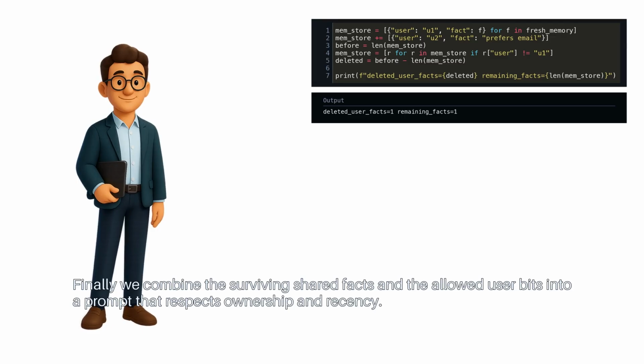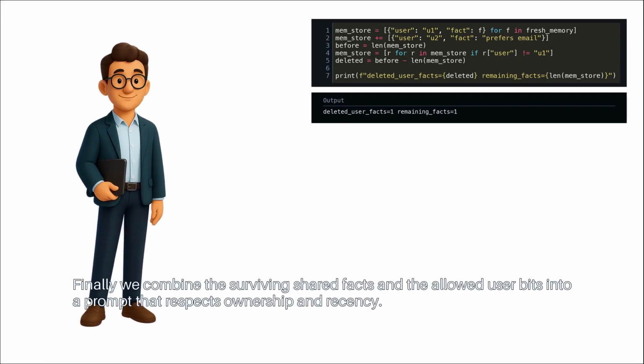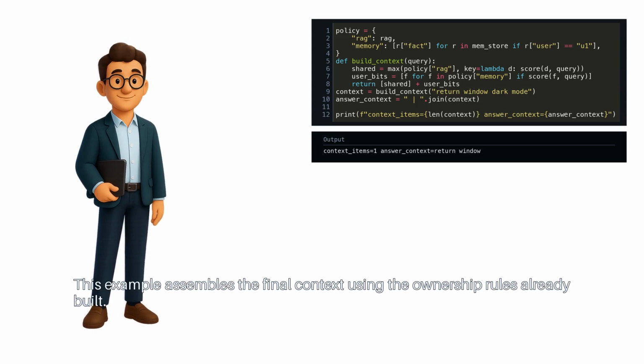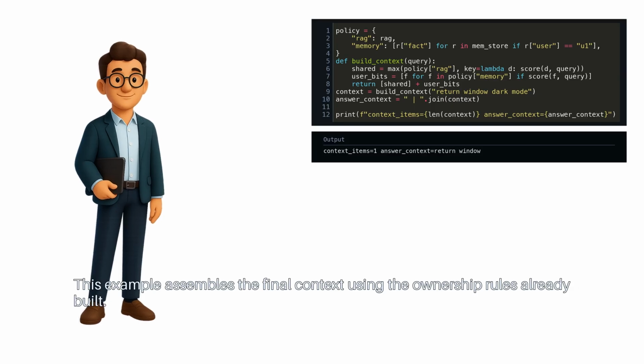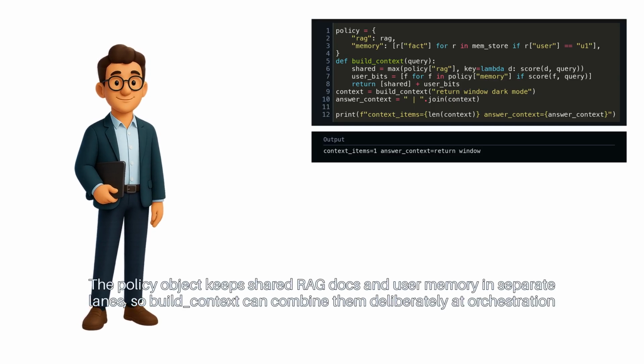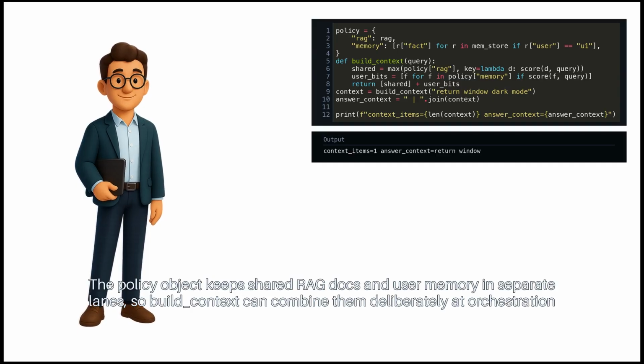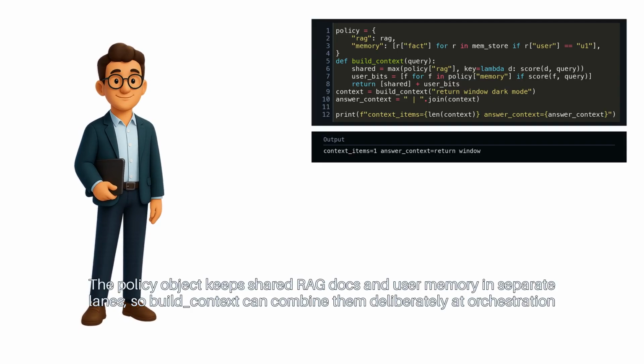Finally, we combine the surviving shared facts and the allowed user bits into a prompt that respects ownership and recency. This example assembles the final context using the ownership rules already built. The policy object keeps shared RAG docs and user memory in separate lanes, so build context can combine them deliberately